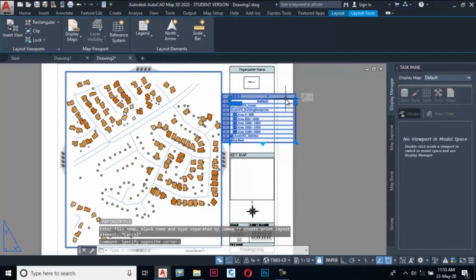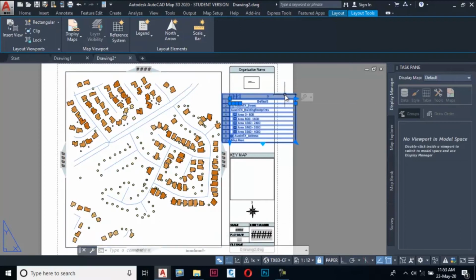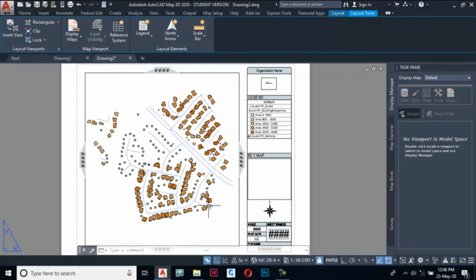Next, click on the frame of the displayed legends. Grip edit marks are displayed on the frame of the legends. Click and hold on the square mark and then resize the legend so that it fits within the area of the legends. Next, we will define the parameters for the creation of mapbook and then create a mapbook using the defined mapbook parameters. Choose mapbook from task pane. The option in the mapbook tab is displayed.